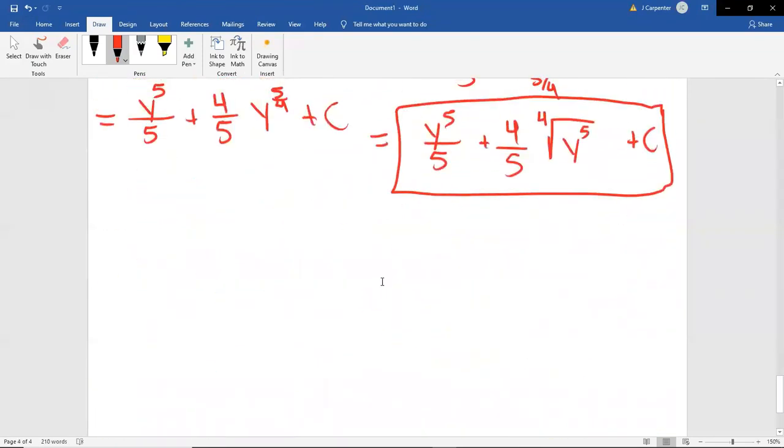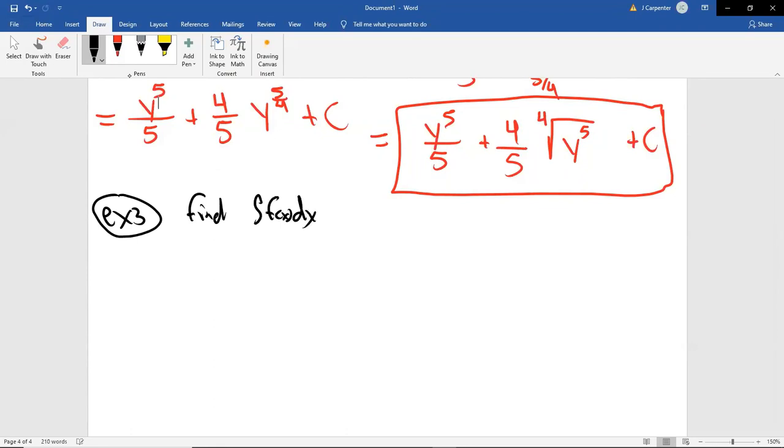But for now, what happens if we do see a product? So example 3. I'm making this a new example because it's different, but at the same time, it's the same. We're going to find the integral of f of x dx. This time, I'm just going to write the function inside of it. So here's our integral symbol, and we're going to have x cubed times 4x to the 5th plus 2x, dx. Now, this is written as one big product, so this is perfect notation. I don't have to write a bracket around this stuff. You might see it that way, but you don't need it. This is fine.